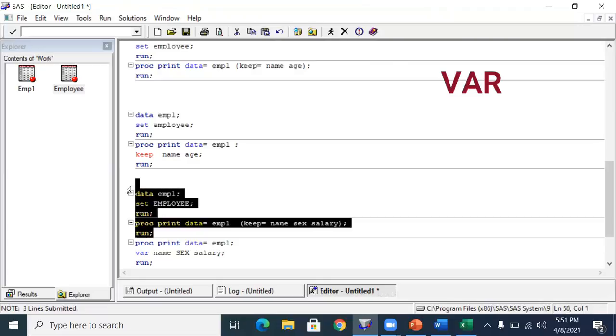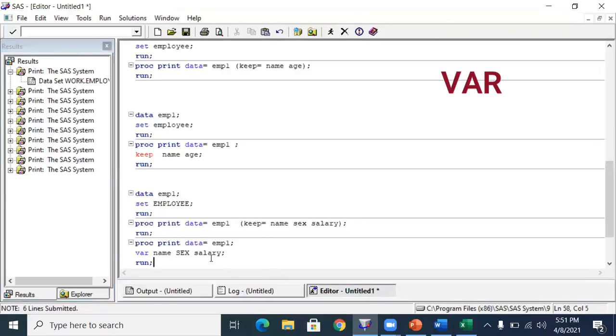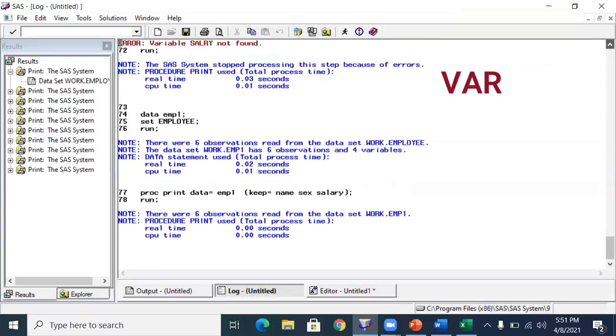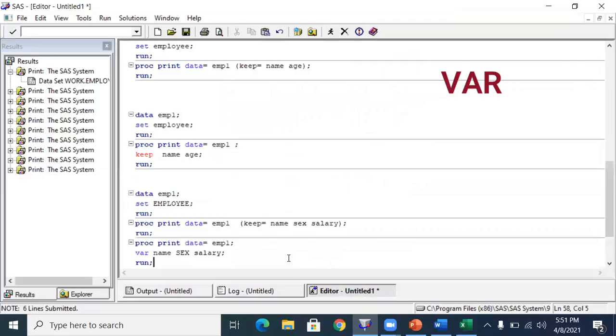SAS will take it. When I run this, you get the output. Even variable names in capital, no issue. But if you make any spelling mistake, you can see it here: the variable SALRY is not found, right? Because the variable name spelling mistake matters.